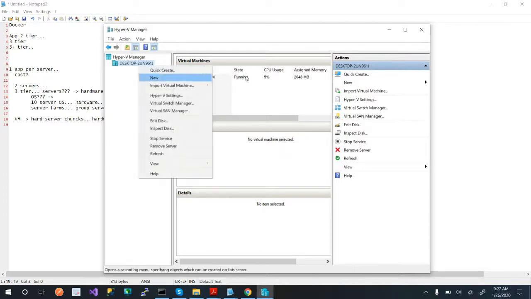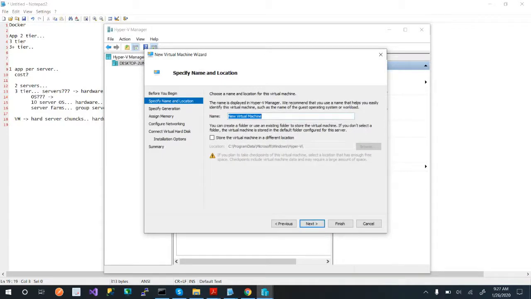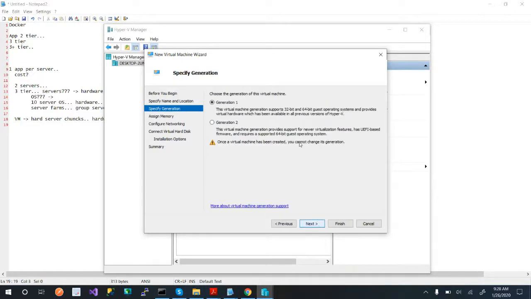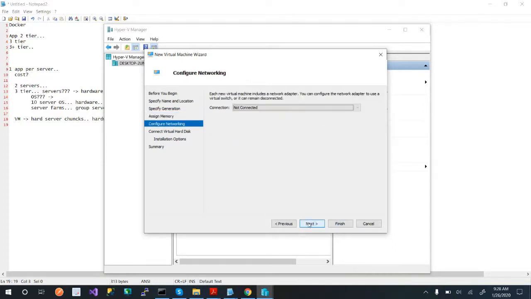But if I go here and say, let's create a new virtual machine, let's go next. We'll just call it some demo. Okay. Now, I want to store it someplace different, so I'll know to look for it and delete it. Okay. Delete VM. All right. Now, if you look here, it wants to know, okay, what can we start using for your hardware? Well, how much memory are you going to take from my physical memory? Let's just say 6 gig. And notice it says use dynamic memory as well. Well, what is that actually telling me? Well, it's telling me it's using my memory from my box.